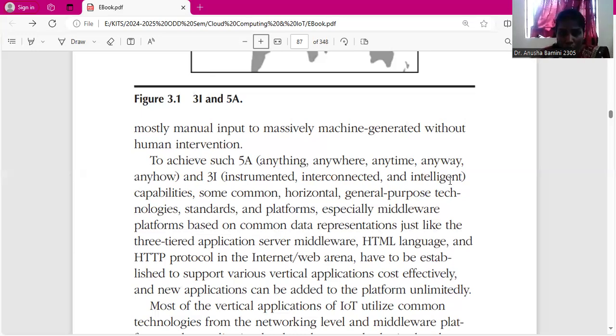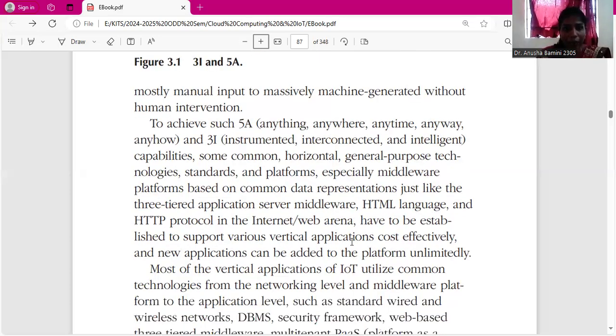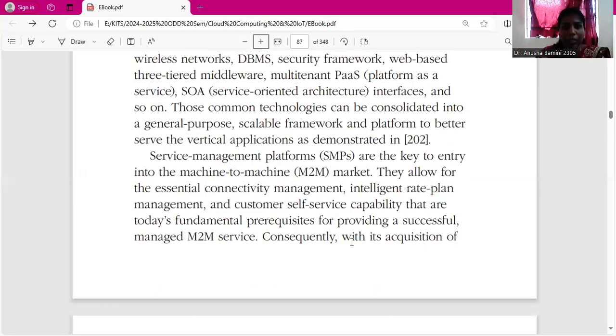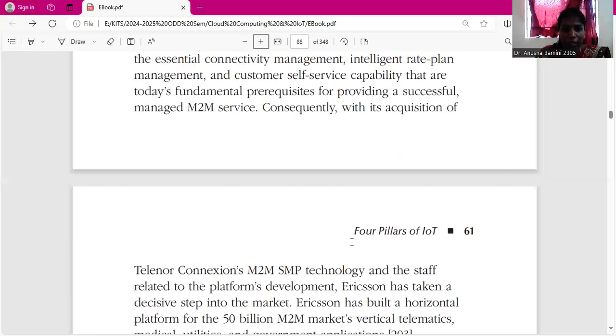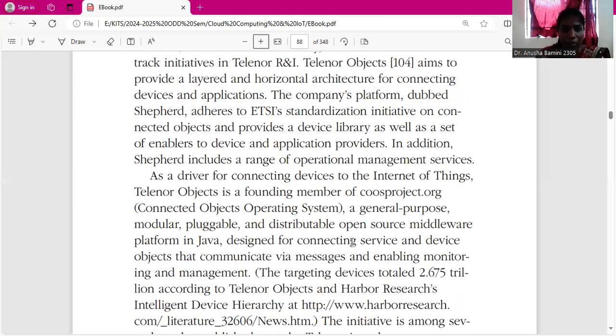To work under this 5A and 3I concept, we need web applications, like the internet, to connect these IoT devices. We need the HTML language, HTML protocol. All of these come under the three-tiered application or server middleware. Using this server middleware, the IoT objects are interconnected. The important concept within this module we are going to study is